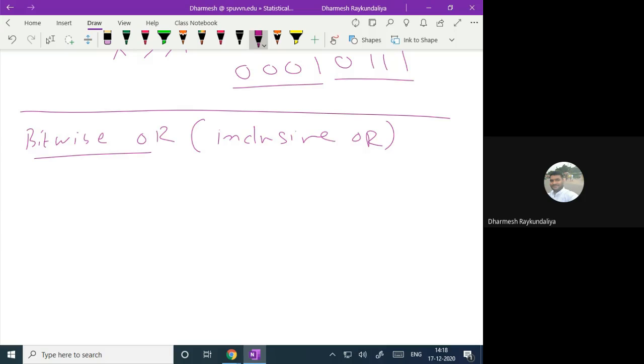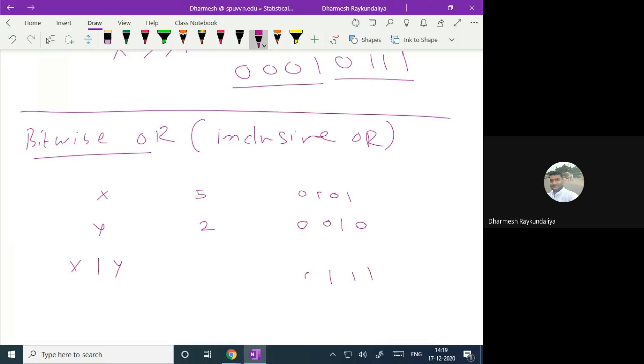ठीक है, लेकिन उसमें क्या था, अगर कहीं पे भी बिट वाइज एंड में कि 0 है तो रिजल्ट 0 है, लेकिन यहाँ पे क्या होगा, कहीं पे भी 1 है, result will be 1. For example, we have x and value is 5 and the binary pattern is 0 1 0 1, and y has the value 2 and the pattern corresponding is 0 0 1 0. If I find the bitwise or inclusive or, what is the result? It is a 1 0, तो कहीं पे भी 1 है तो रिजल्ट इज 1,